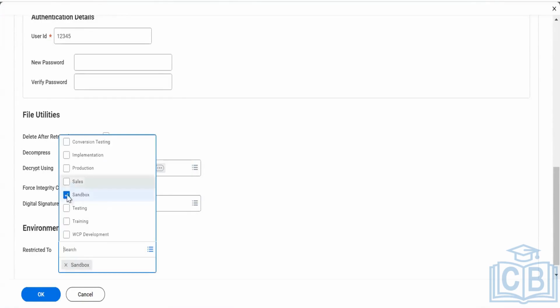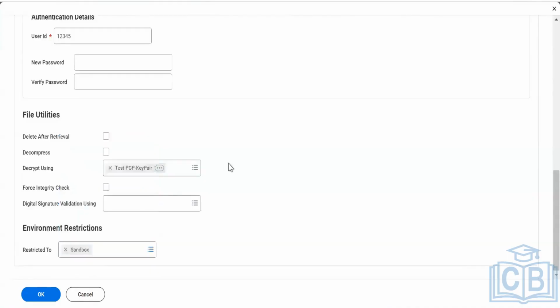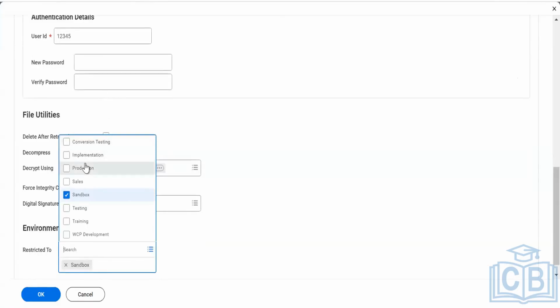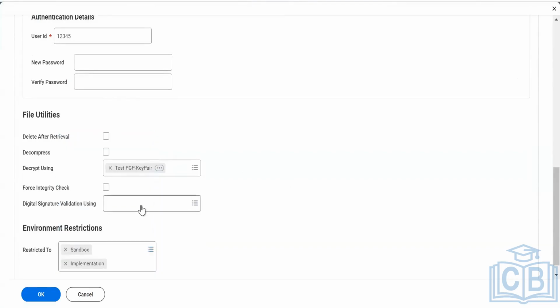And there's an environment restriction, meaning this particular connection will work only in your particular environment. It could work in prod, or in sandbox and test. Let's say I'm testing a file and receiving a file from sandbox, but I have completed my work and migrated to prod. For production there might be a different SFTP address. I can mention that this FTP connection should only work for sandbox and implementation. Once I migrate to another tenant, let's say to prod, it shouldn't work,